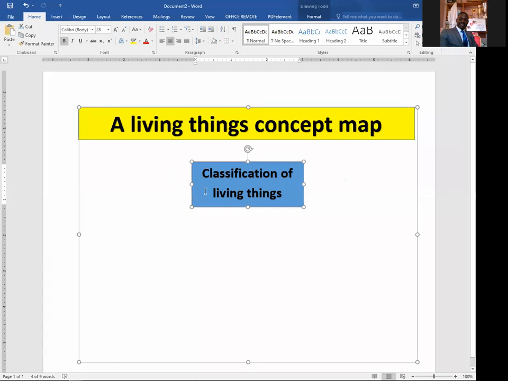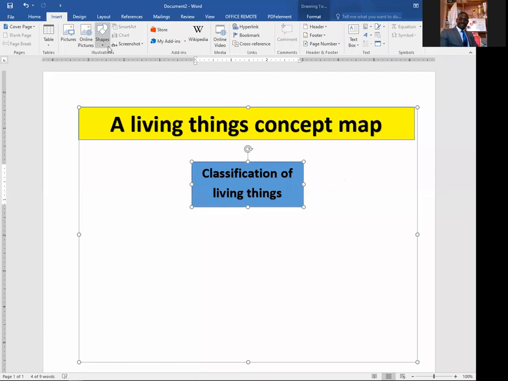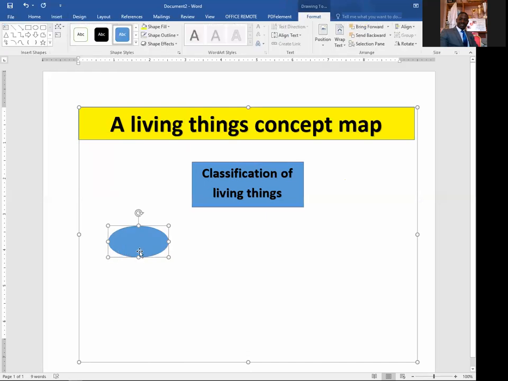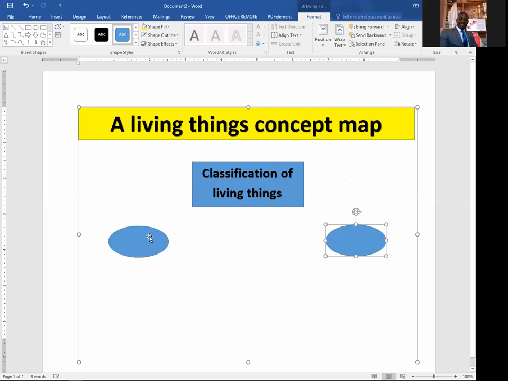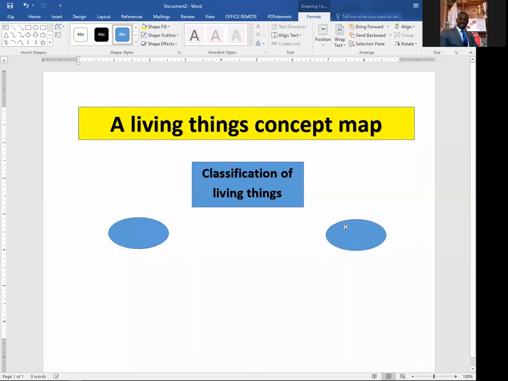Then let's retain it as a blue background. Then under living things, you can classify living things into two: animals and plants. So I want us to have two more shapes. I'll put that one here, and put this other one here. How are these two linked to the